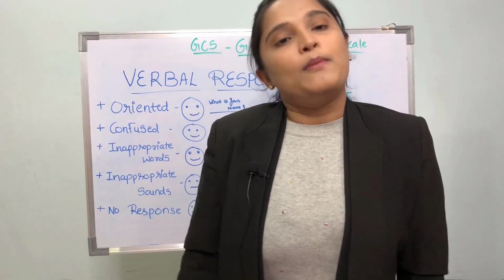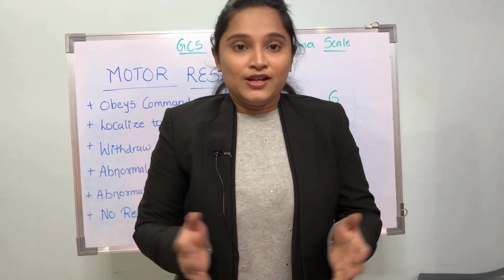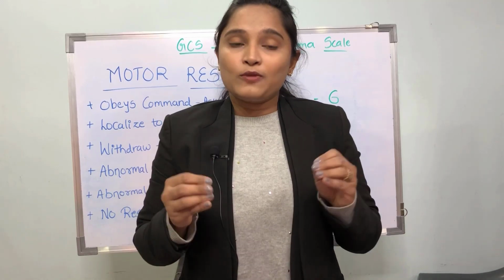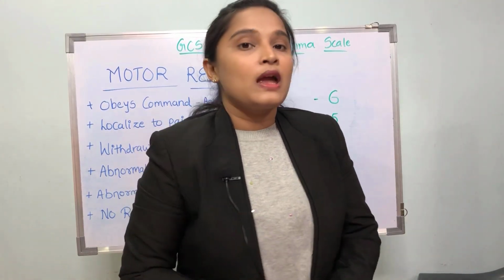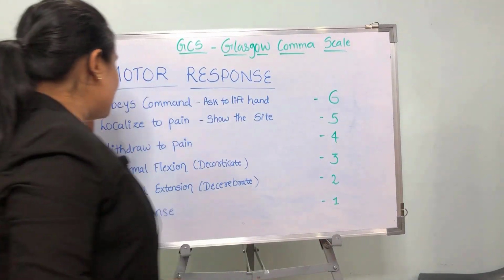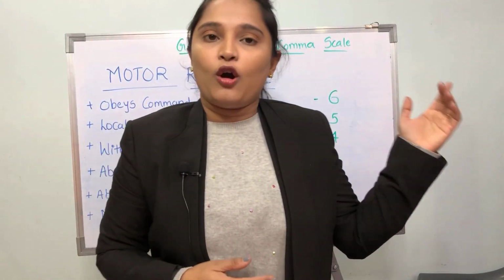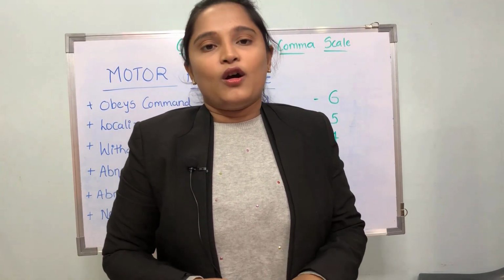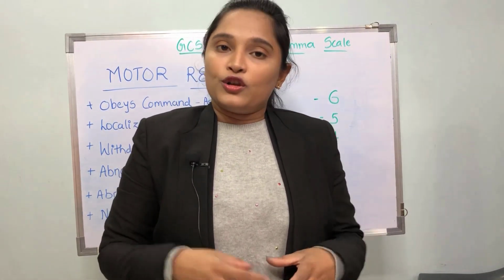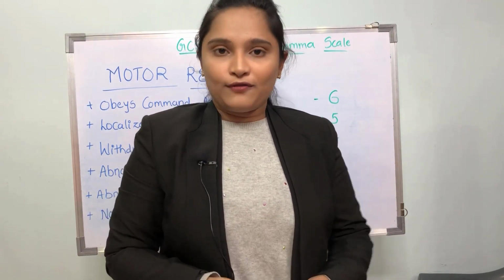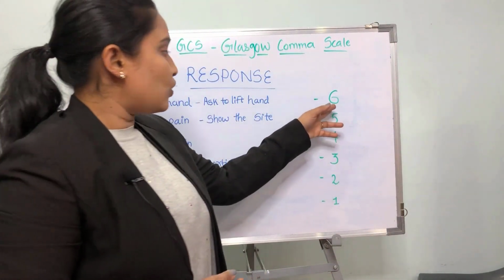Next is the motor response. Okay, so now let's see the motor response. Motor response has 6 points. If the patient obeys your command, ask the patient to lift his hand or lift his legs or show the tongue, turn position in the bed, and the patient follows your command, then the score will be